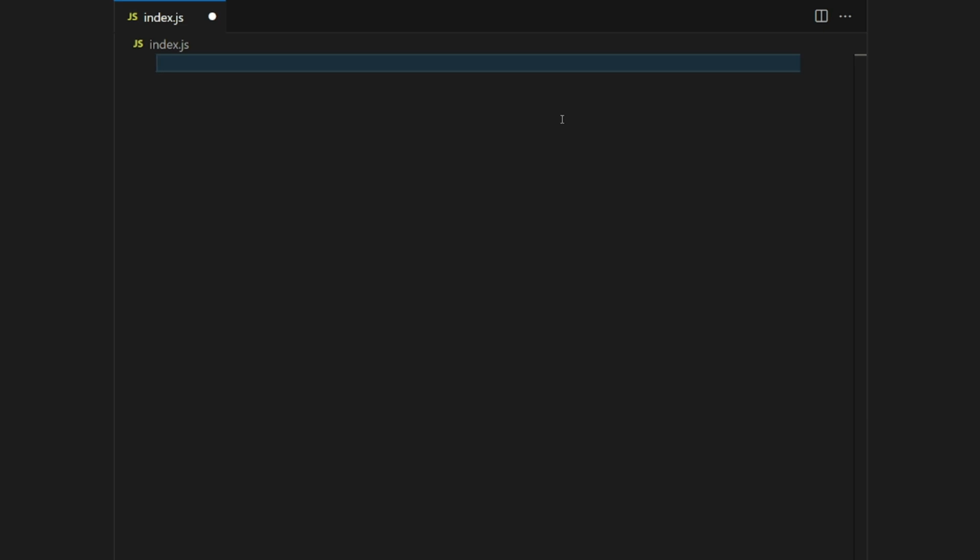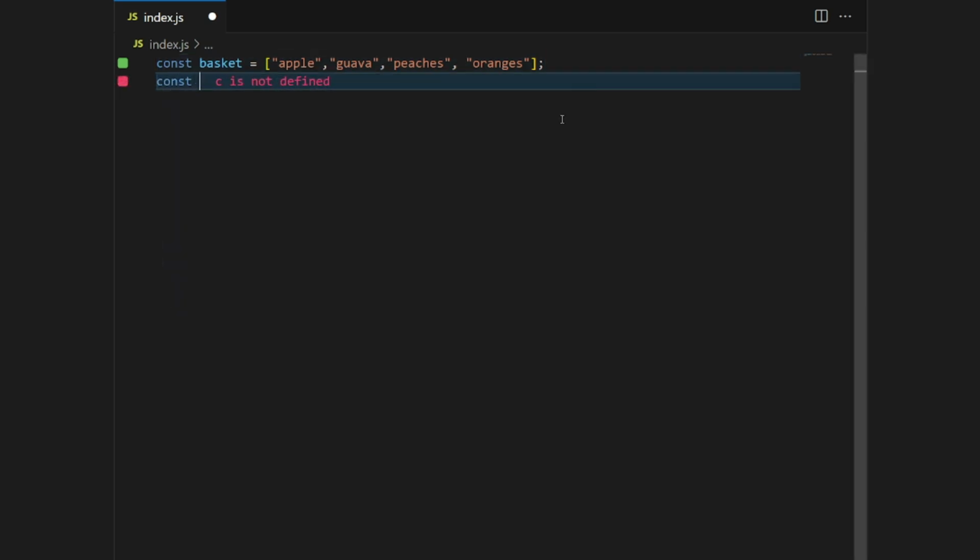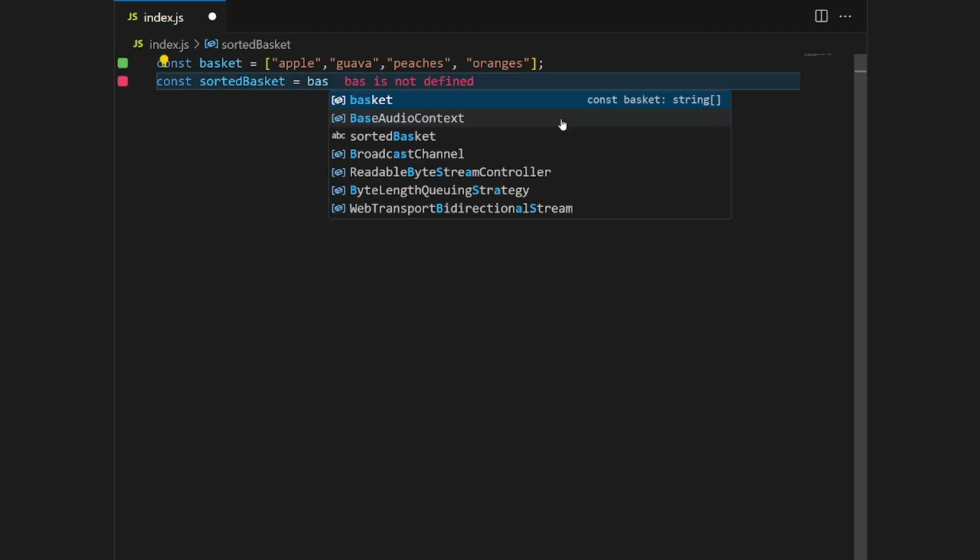In this video we'll see how to sort an array of strings as well as an array of numbers. So I'll start by defining an array called const. Let's define a basket of fruits called apple, guava, some peaches and some oranges, right? So now once you have the array ready, we'll define something called sorted basket, which will be equal to,